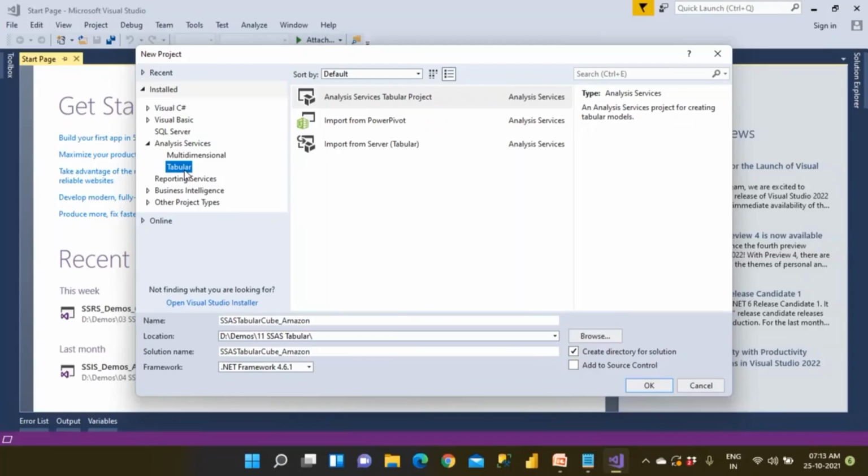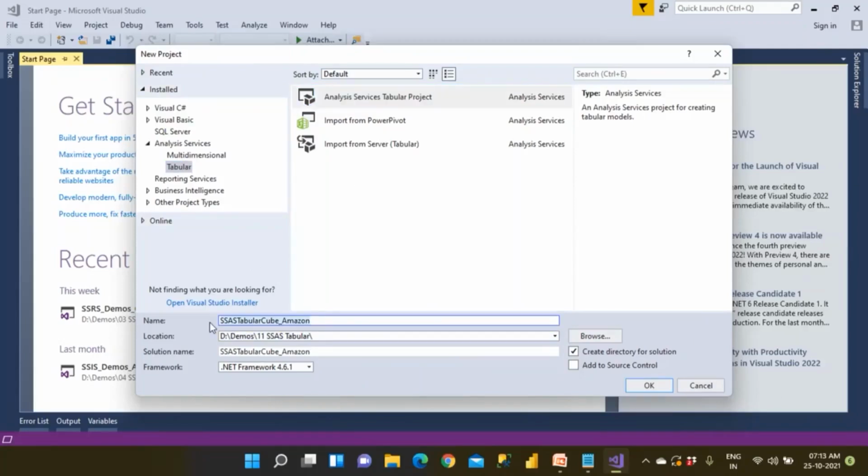And after that, you create visualizations and deploy the cube to the Power BI service, right? So all these are common again. So you only need to know how to create a tabular model cube. So I'm going to be creating a project. So choose this. Creating a project, there is no problem.